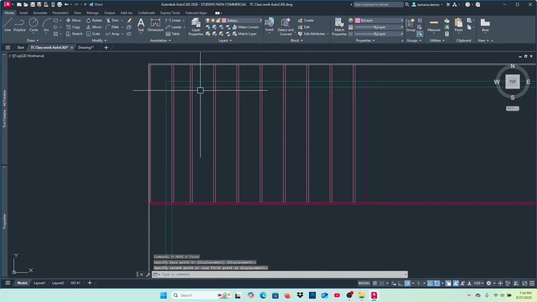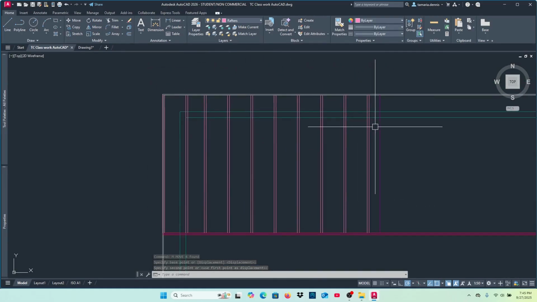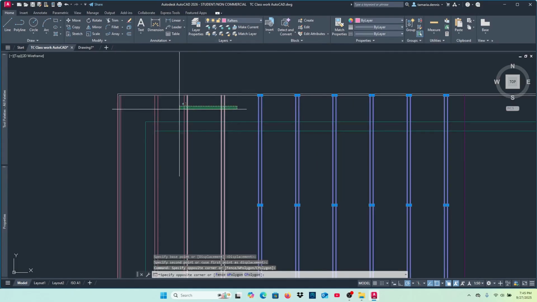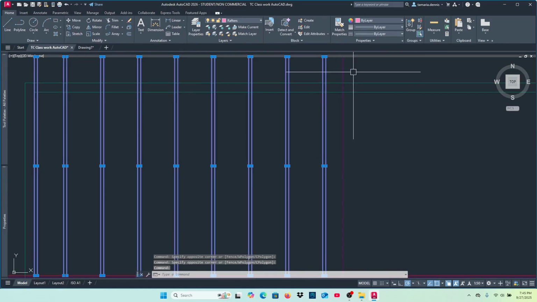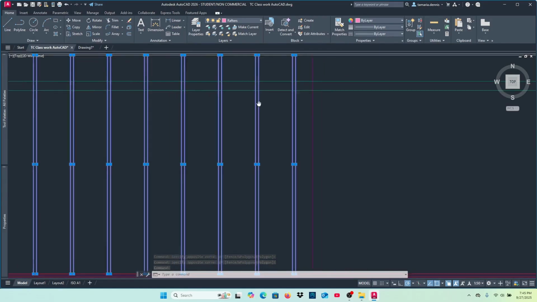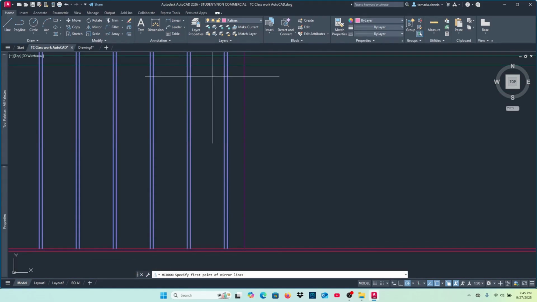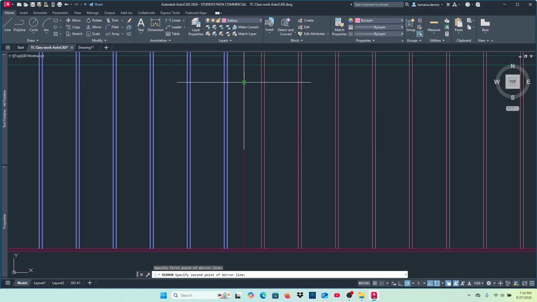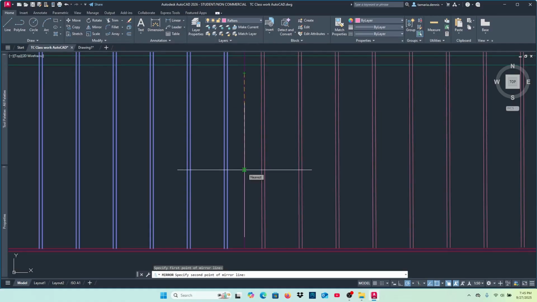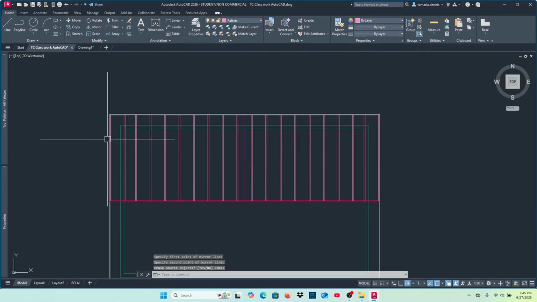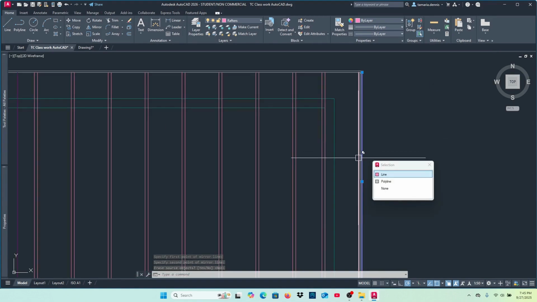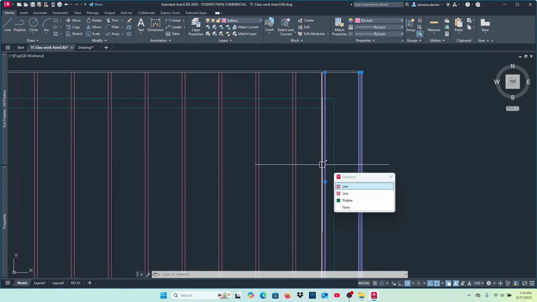Now that that is done, we're going to mirror these and put them on the other side of this line. When we use our mirror command, we're going to select one part of the line, go down and select another part of the same line and give an enter. And now we can see where both sides look the same. We're going to do the same thing going down,